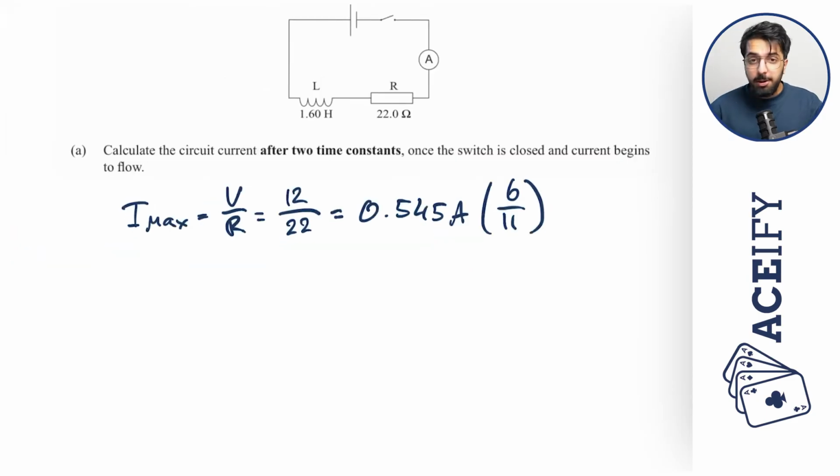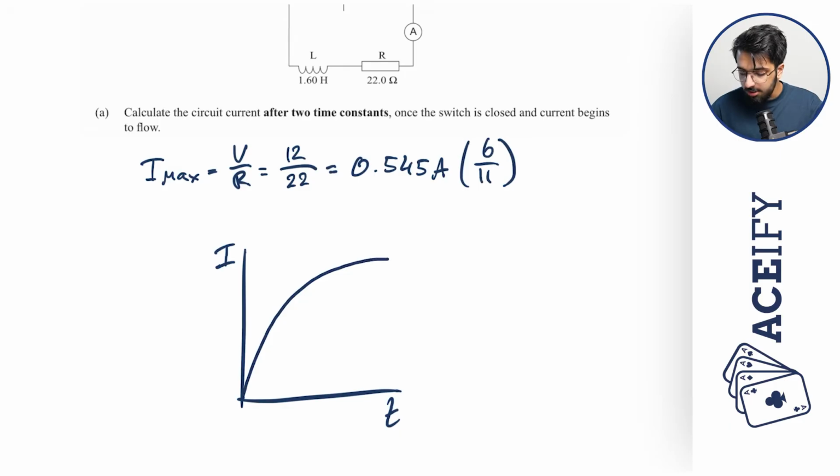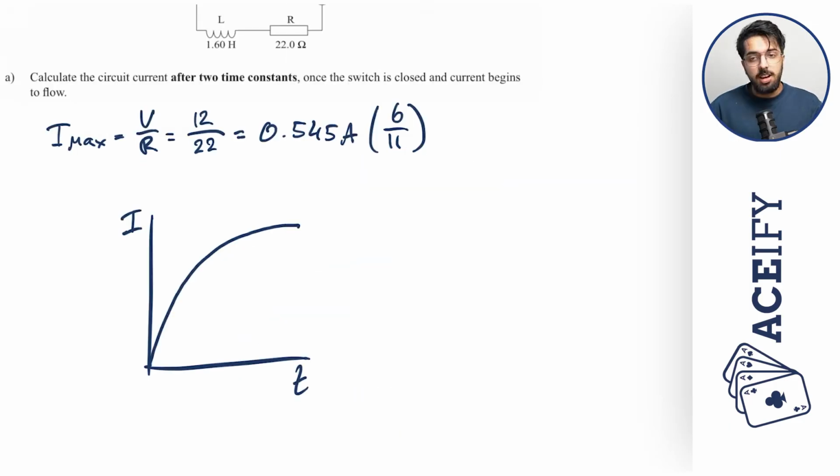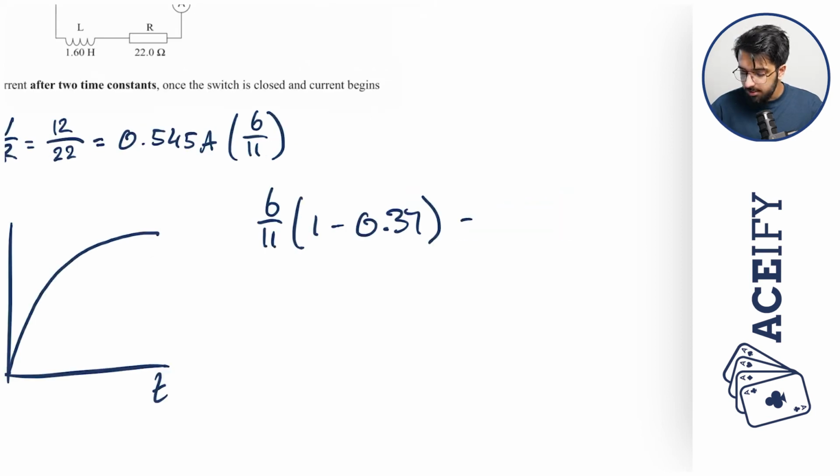Okay, so if we think about the graph shape for our current when we have an inductor, we know that when the switch is closed, that inductor is going to produce a back EMF. And so our current over time is going to start at a minimum value, and it's going to rise to a max, like so. Okay, and we know after 1 time constant, it's going to rise to 63% of its max value. Okay, so after 1 time constant, we have 6 all over 11 multiplied by 1 minus 0.37. And so this is obviously 63%, and this is equal to